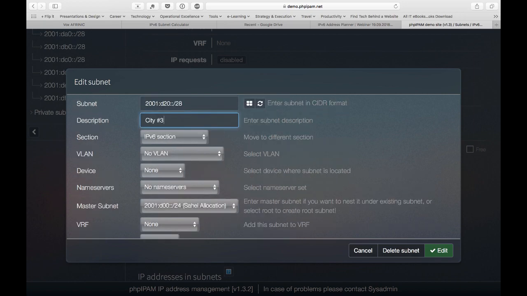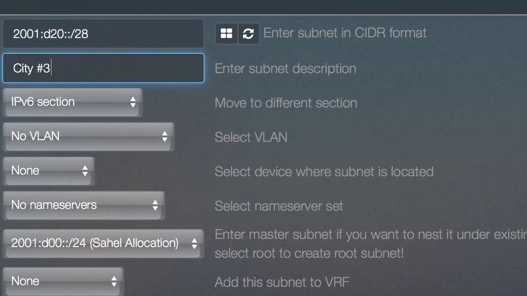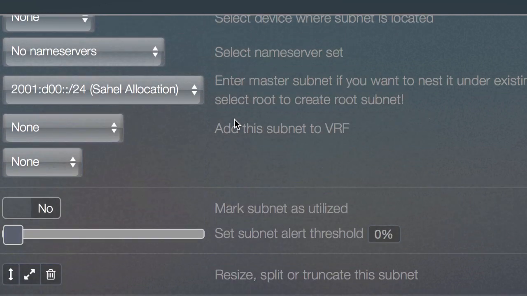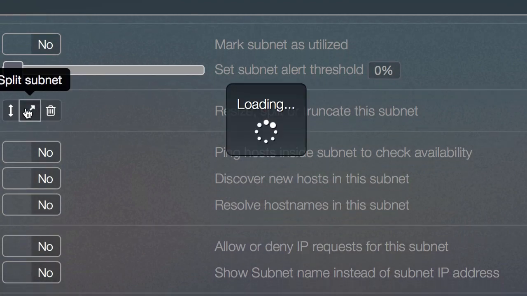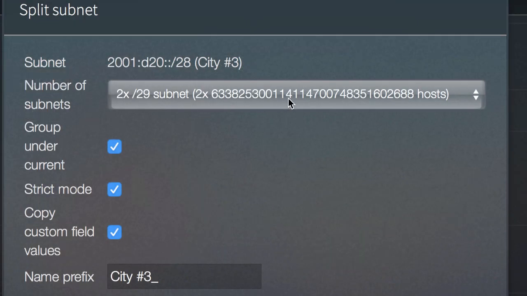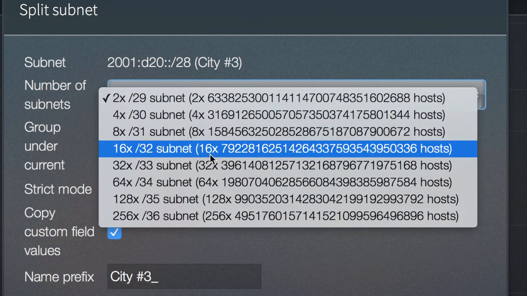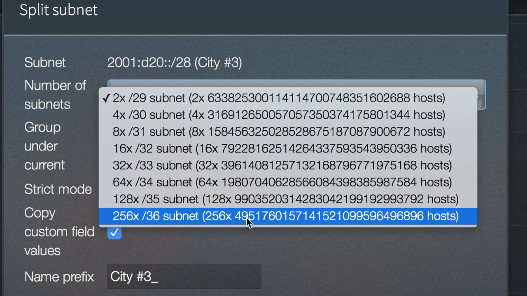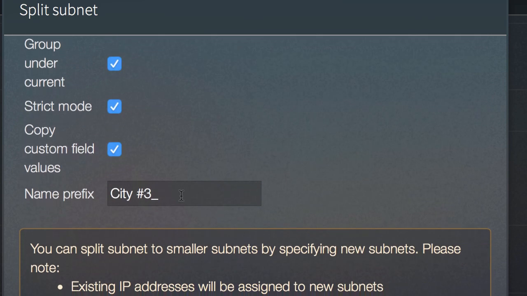Let me just call this specific city. I happen to find right now I'm in Dar es Salaam. I'll call it Dar es Salaam. And so I want to split this into several /36s. So you can see here, if I split this /28 into several /36s, it's going to give me specifically 256 /36 subnets. And I want to call them